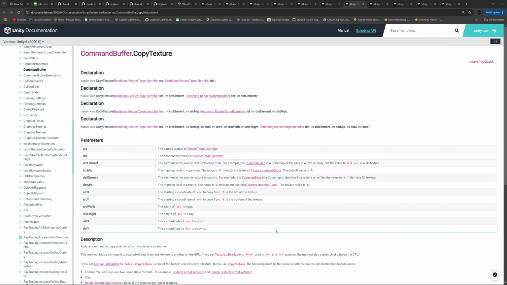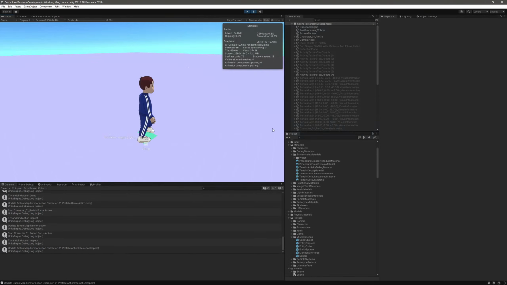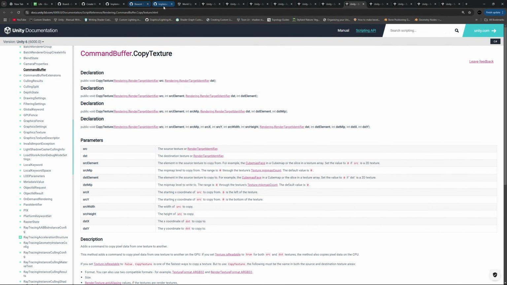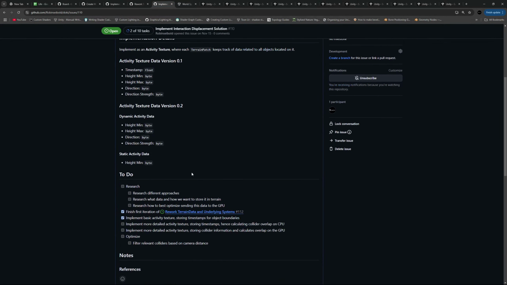I'm also thinking, it feels like I have some decisions to make, but if we take a look at dynamic activity data, static activity data. Static, dynamic. It's more like